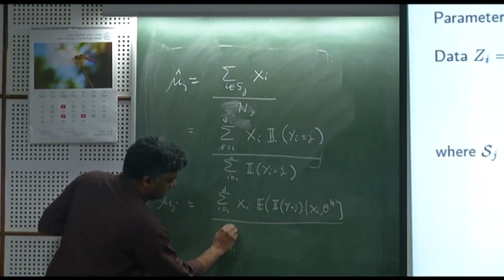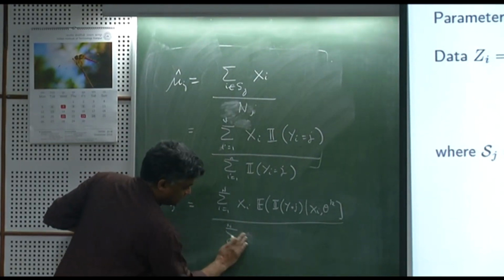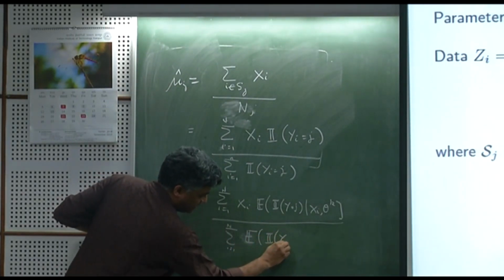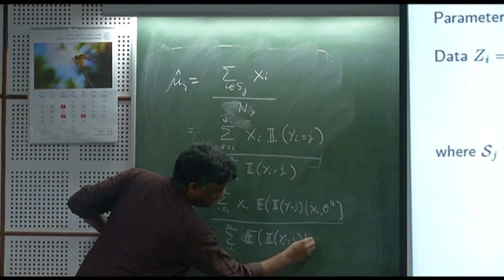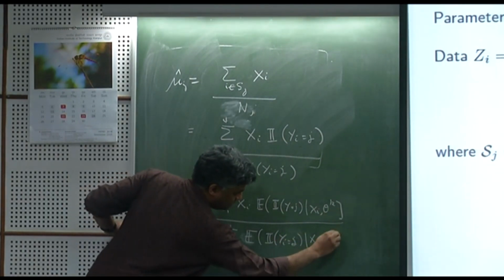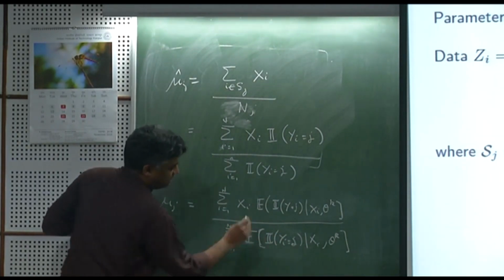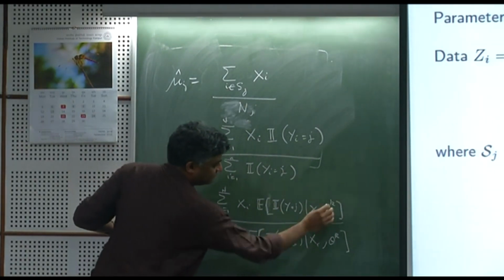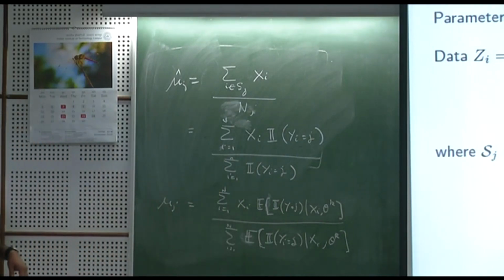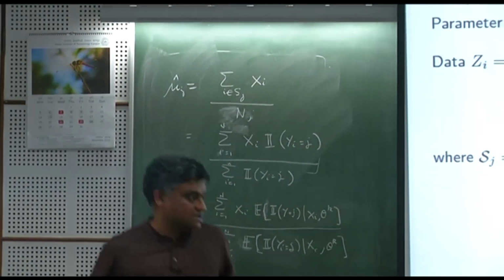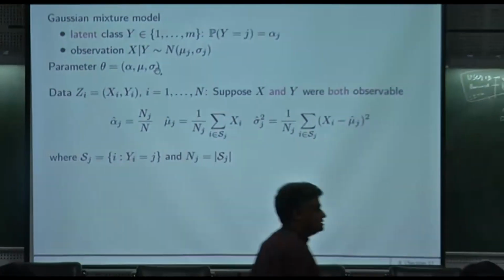divided by the summation of i going from 1 through n of the expectation of the indicator function y_i equals j given x_i and theta k. Whatever I don't know, I just take the expectation of it with respect to the information that I have. And similarly, sigma j will be a similar story. So let's go back and see whether this happens,